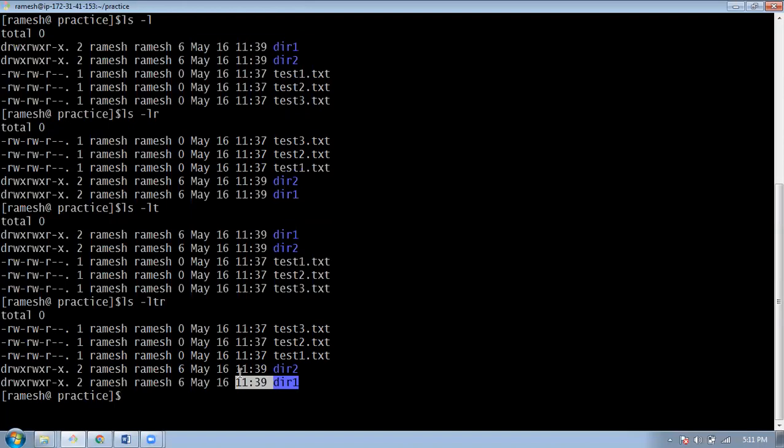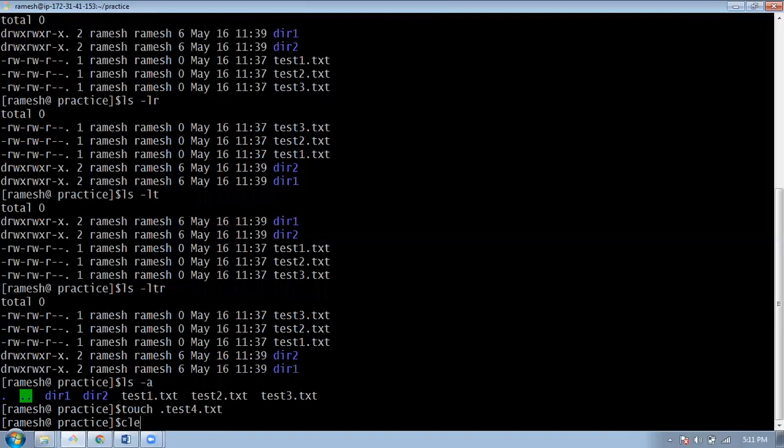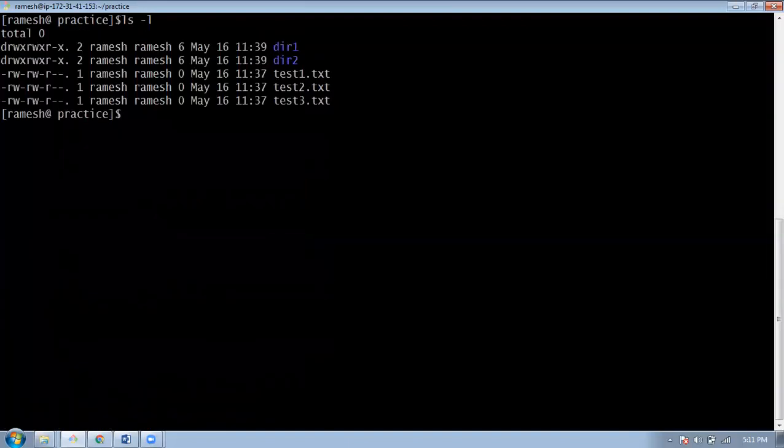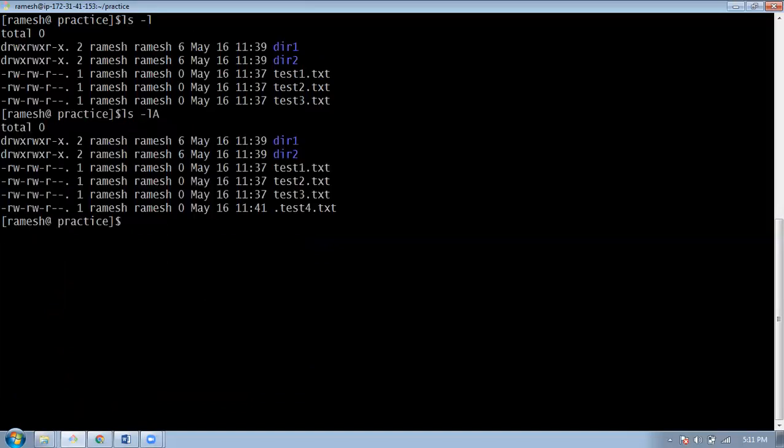And we also have some hidden files available. To see your hidden files, you can use option -a. If the starting letter is a dot, that file is called a hidden file. Suppose we created one such file now, that is not visible when you do ls -l only. So if I do -a, then you can see the hidden file. So this is how to list the hidden files.